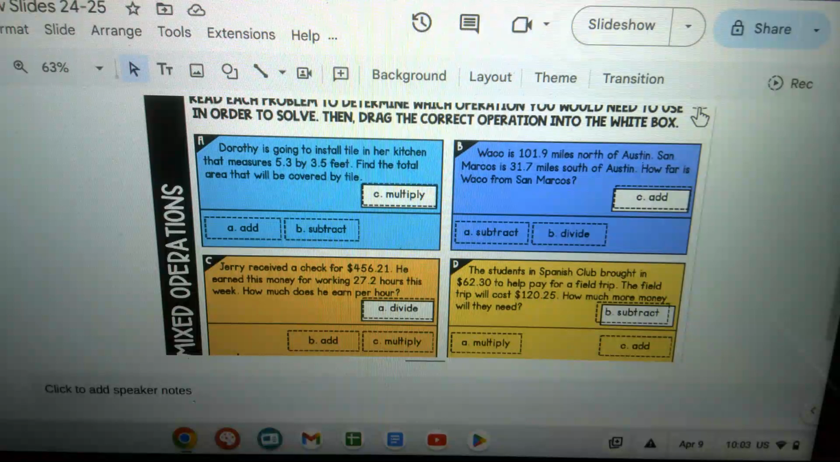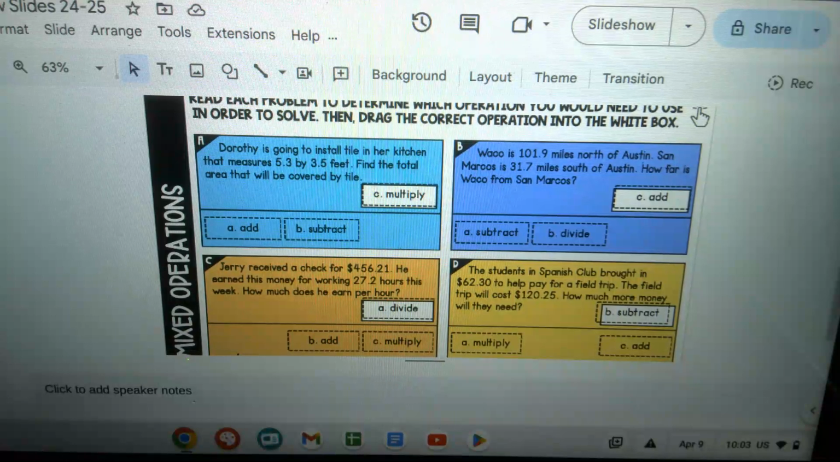All right, here are the answers for this slide. In the first part, Dorothy is going to install tile in her kitchen that measures 5.3 feet by 3.5 feet. Find the total area that will be covered by the tile. What do you do to get the answer to this one? You multiply. Any questions? On the next one,